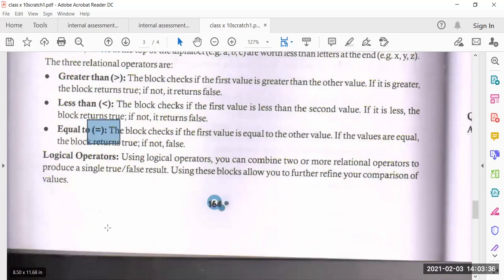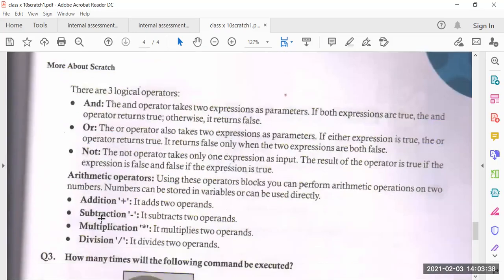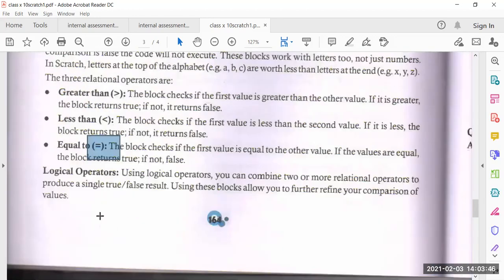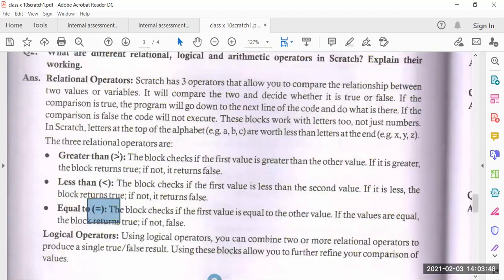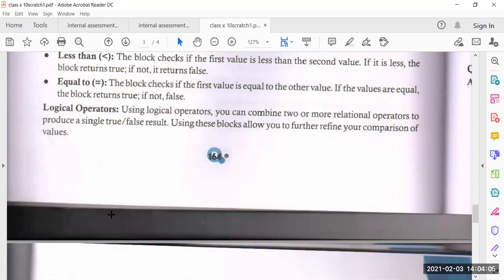Second, logical: three logical operators are there, the AND operator, NOT operator, and OR operator. First we discuss greater than. In the greater than sign, comparison of two variables is required. In less than, again two variables are required. Equal to, two variables are required.